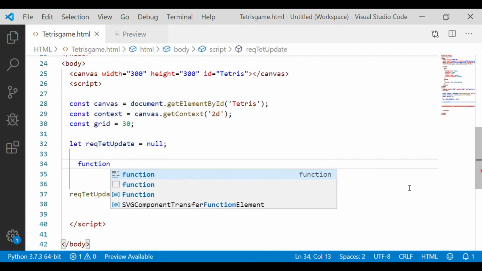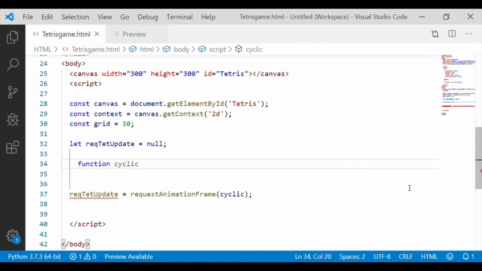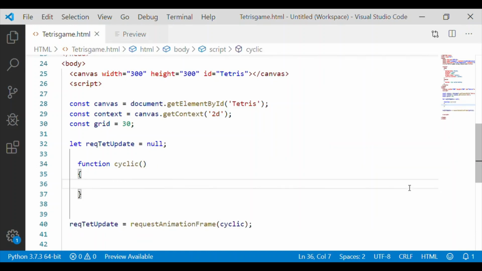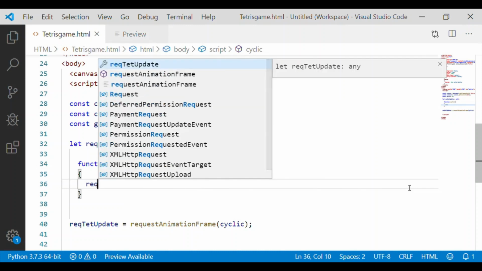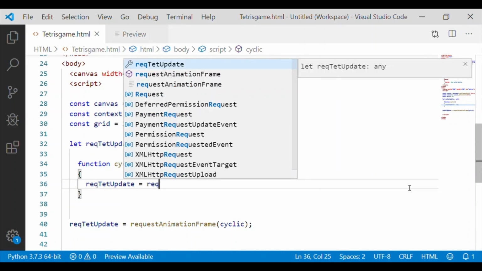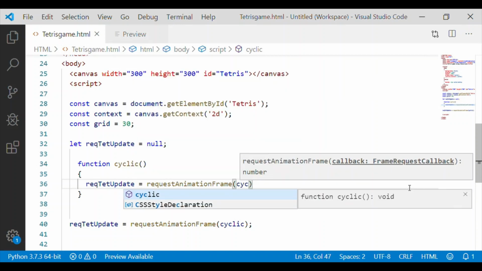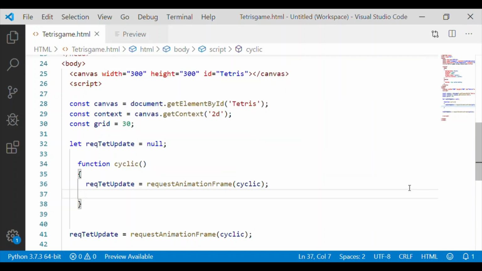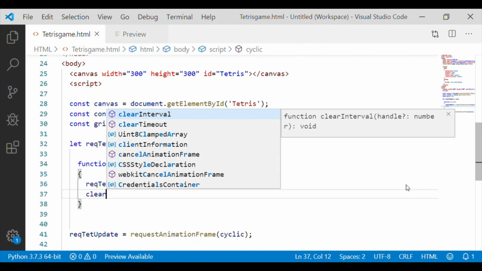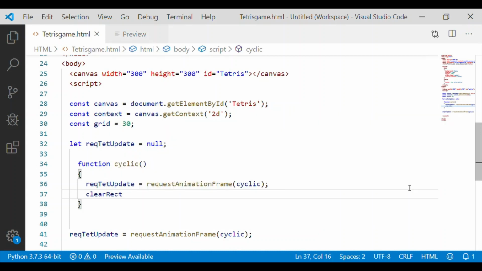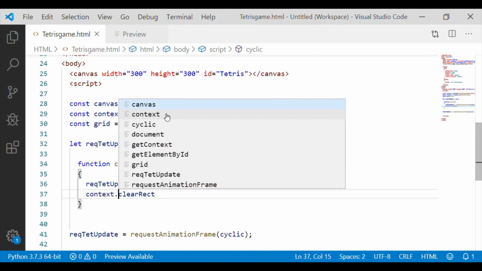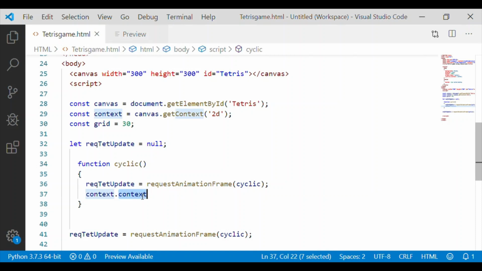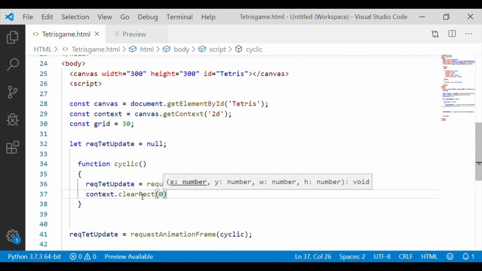Now we will go and define our function cyclic, which will be called by the Windows API request animation frame. As this cyclic is going to be the main function to refresh the canvas, we will call again the Windows API request animation frame every time, and we will use context.clear rectangle to clear our rectangle, so that it will get cleared and then rewrite with the new set of data to the screen.